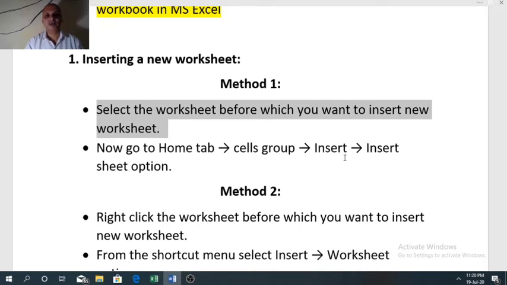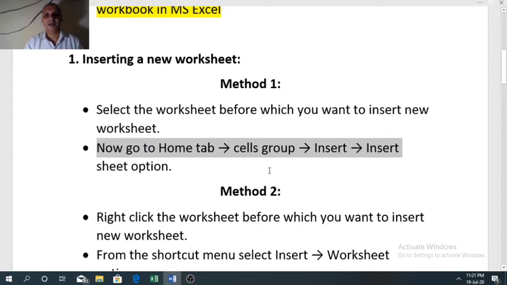So first we want to make sure before which sheet we want to insert the new sheet. So make it active. Then go to the Home tab, Cells group, Insert option and select the Insert Sheet option. So let me explain it with